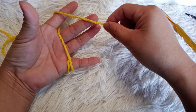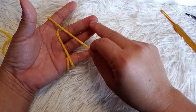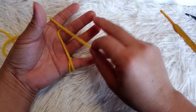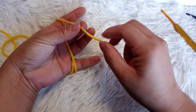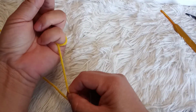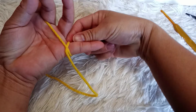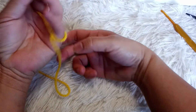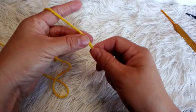Then your thumb and your middle finger are gonna hold the end of the yarn. And make sure you don't have to hold this really tight like this. Loosen it up a little bit so it's easy for you to work with. So now we have here,